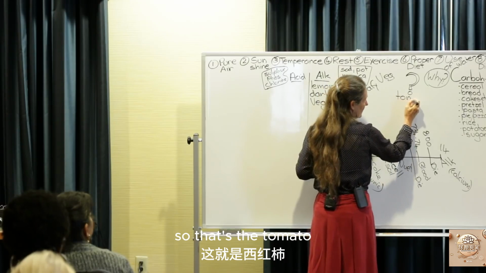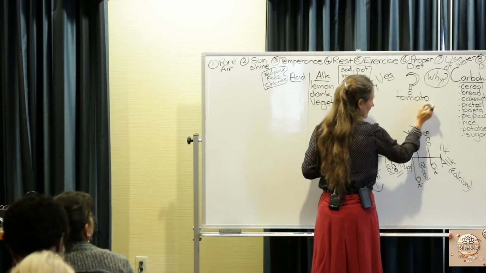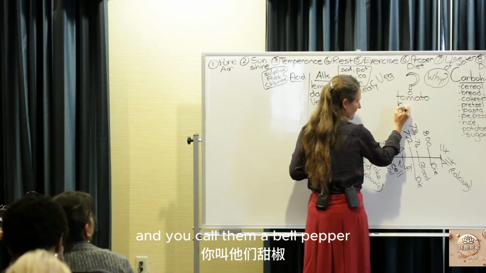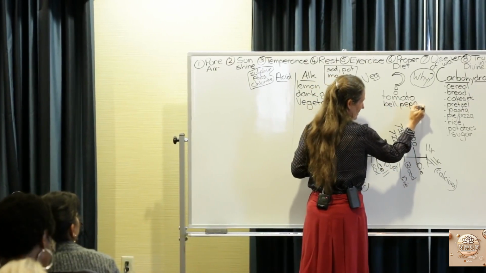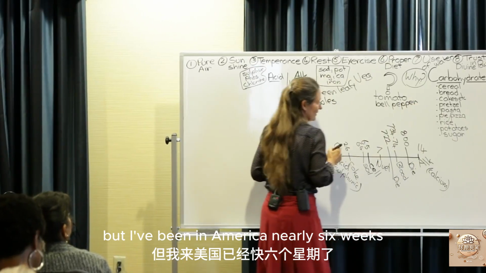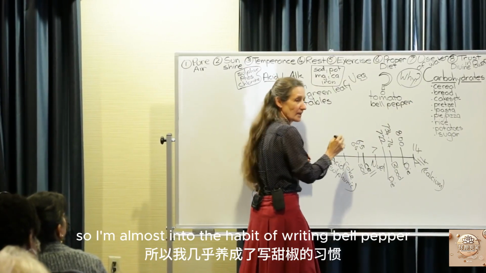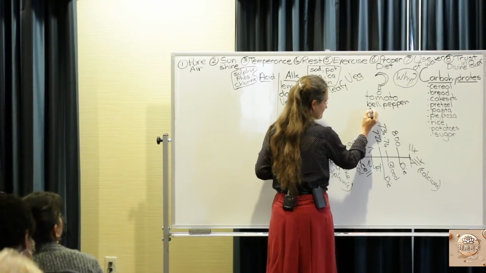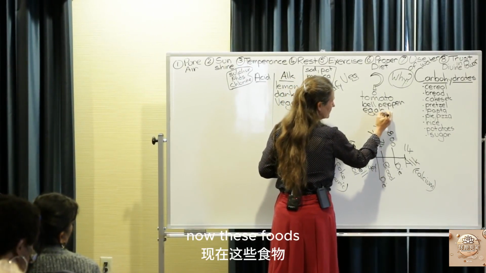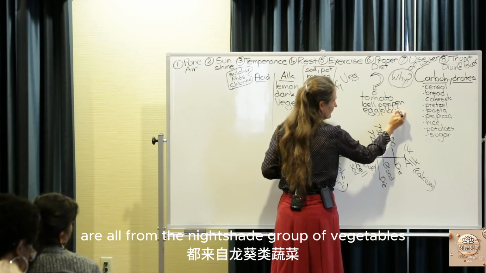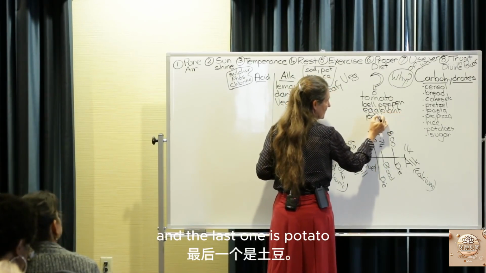So that's the tomato, and you call them a bell pepper. In Australia we call it capsicum, but I've been in America nearly 6 weeks, so I'm almost into the habit of writing bell pepper. Eggplant. Now, these foods are all from the nightshade group of vegetables, and the last one is potato,